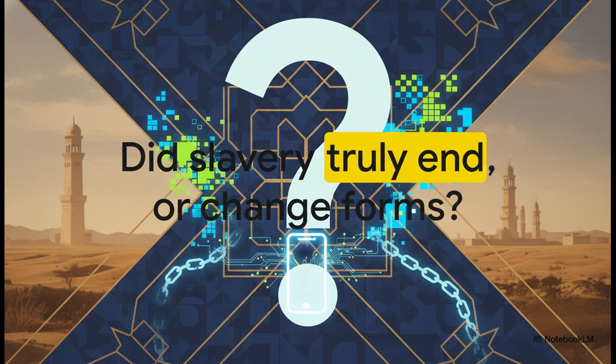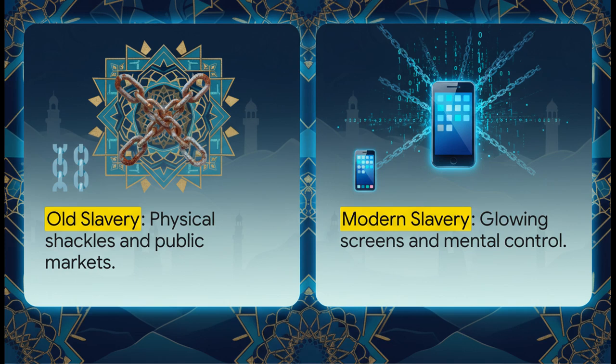When we hear the word slavery, we usually think of it as a dark relic of the past, right? Just a closed chapter in our history books. But what if those chains never actually disappeared? What if they just migrated, moving straight from our wrists to the glowing screens we hold in our hands? The contrast here is actually mind-blowing. We've shifted from the historical bondage of physical bodies in public markets to a much more sophisticated modern intellectual slavery. The real catch? People today are totally convinced that they're completely free, all while invisible chains wrap around their minds